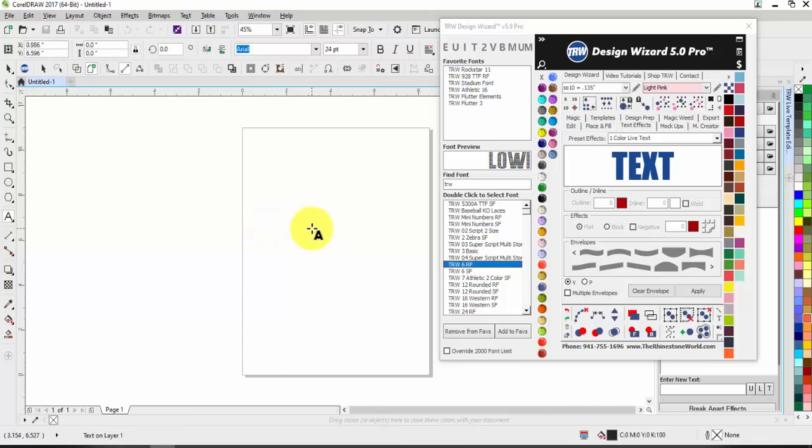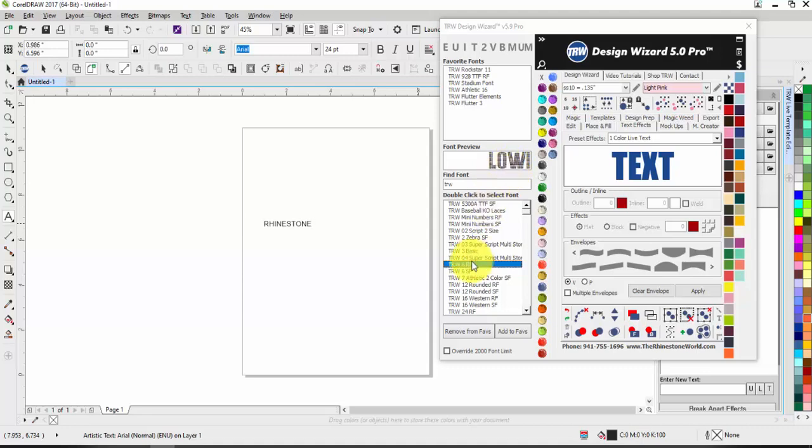Most of them now, if it's just either upper or lower, you can type them both ways. It'll be the exact same. But some of the older ones are just a little bit different, and we need to make sure we're paying attention to this font preview. So I'm going to type in all uppercase, okay? So I'm going to just write out